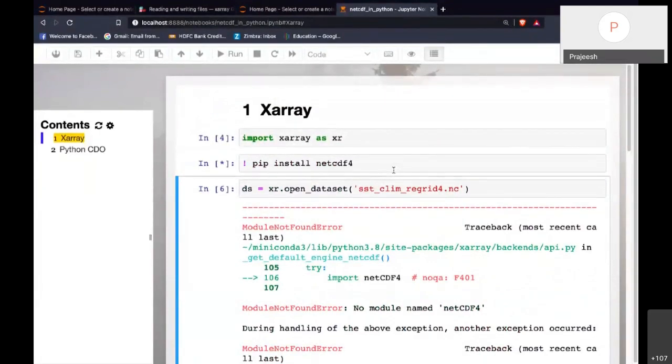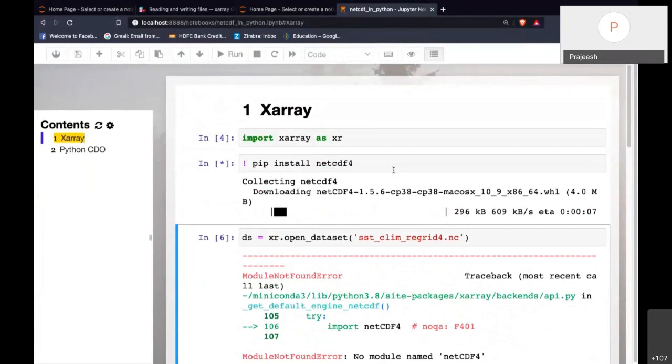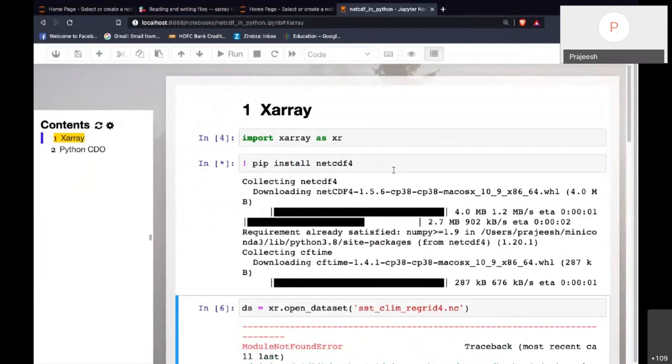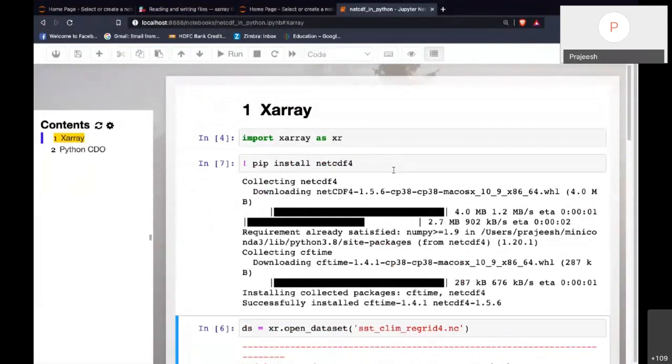So basically, Xarray depends upon the netcdf library. It's an optional dependency, and that means Xarray can deal with other data sets. So by default, when you install it, it won't install netcdf4.